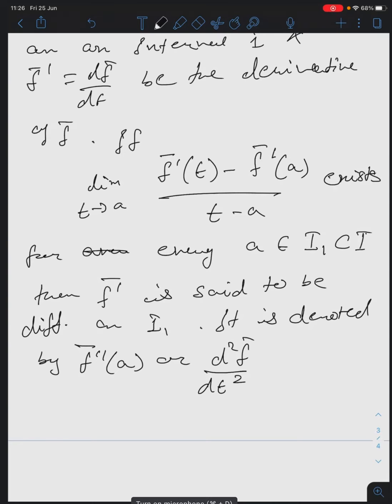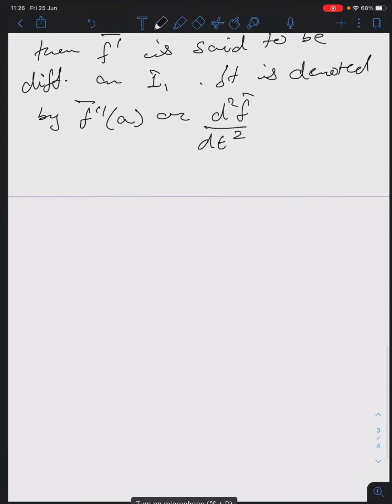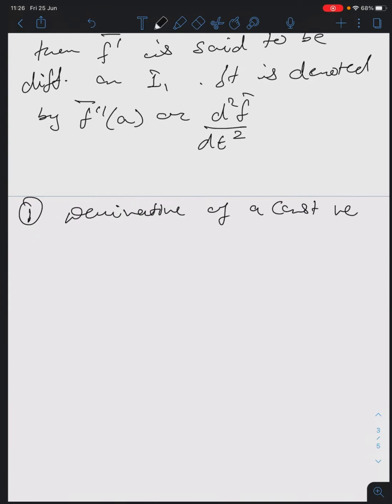Now let us see some properties of these differentiable functions, and of course we are not going to prove any one of these, but you should know all. These properties are almost similar to real valued functions also. So first one: what is the derivative of a constant vector? What should be the derivative of a constant vector? Null vector. Zero. No, that means is it real zero? Vector. Vector zero. Zero bar you will get.